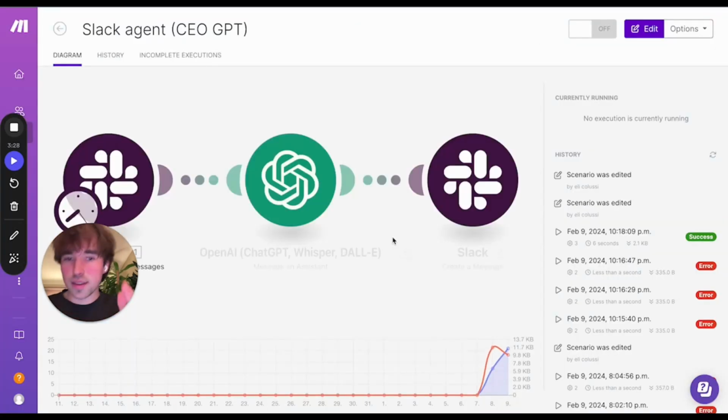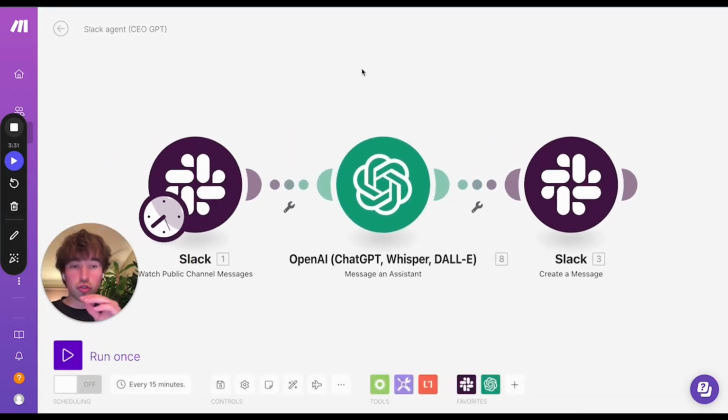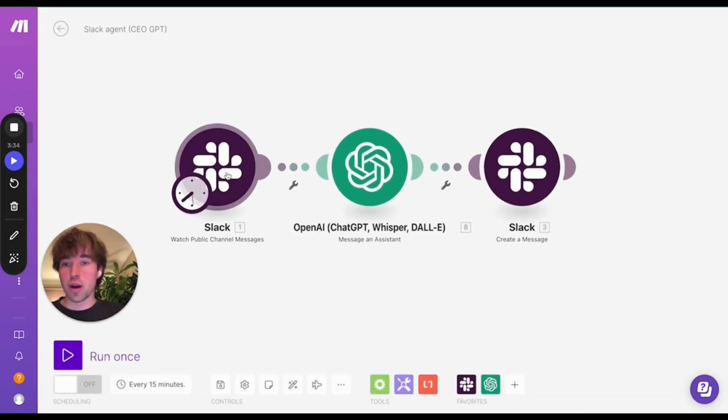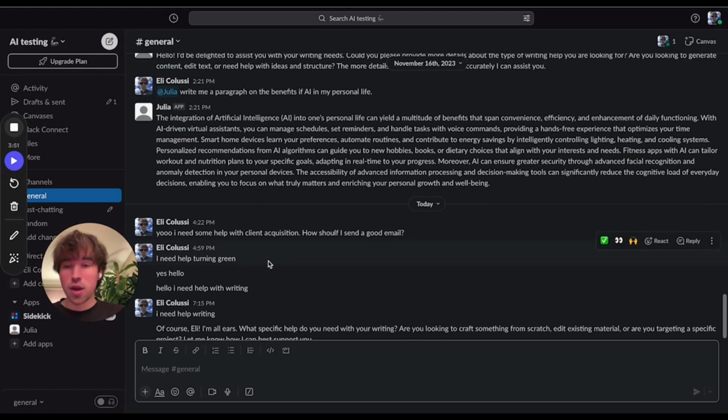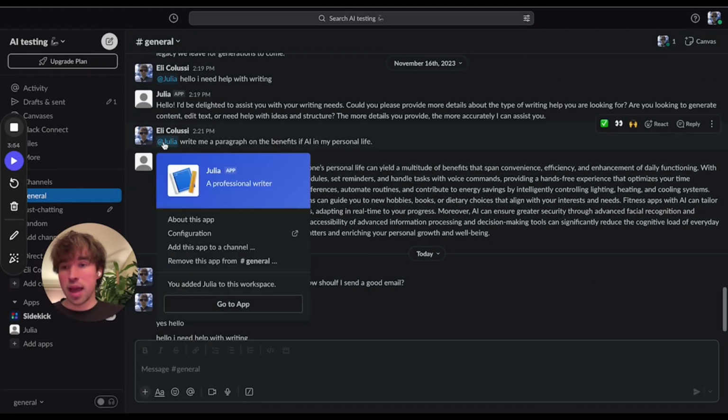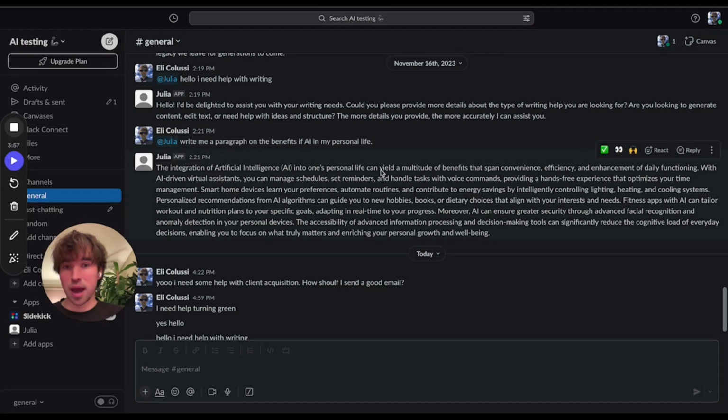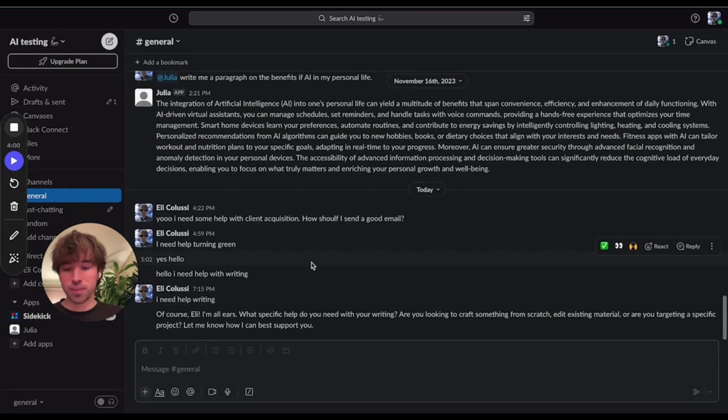All right, so this is when it gets really fun. Again, super simple Slack automation here. So this is going to be connected to Slack, obviously. Slack channel goes without being said. And yeah, so this is just watching our public channel messages within Slack. Now, this is the same Slack I've used for my AI bot right here using the Assistants API. This is just essentially a much simpler version, obviously using much less code and Make.com, right? But this is where the actual interface will be that we'll be able to chat with the assistant right in